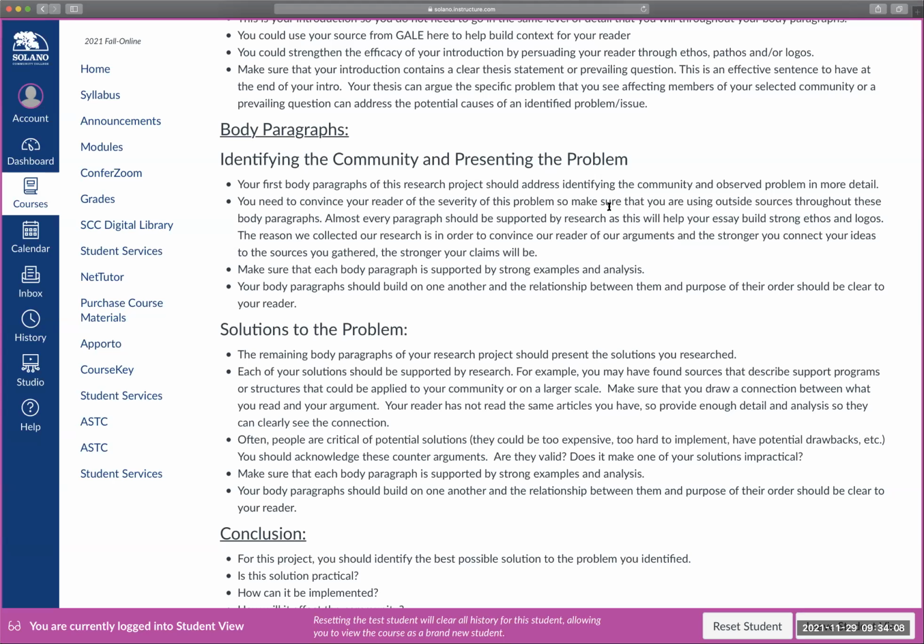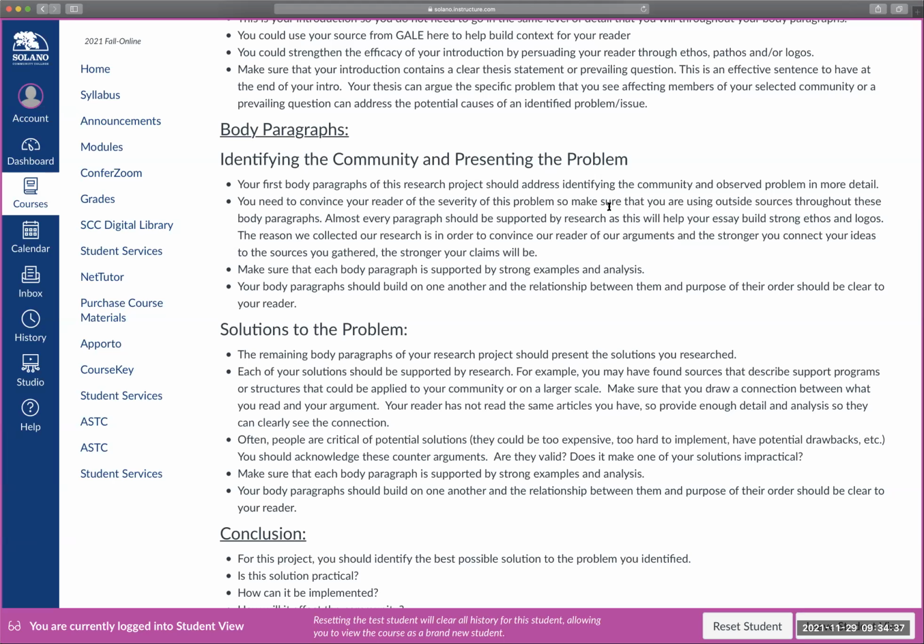Maybe when it comes to your topic, somebody could have a valid criticism. Well, it's expensive to implement, or it's too hard to implement. And you can say, yeah, but that's where we need to put our resources. That's where we need to put our time and energy. Even if a counter argument has a really good point, it's going to create a stronger paper if you admit that counter argument has a good point rather than just